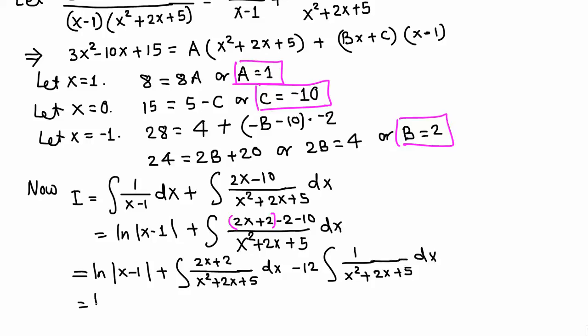Okay, and this is natural log of absolute x minus 1 plus, the top is derivative of bottom, so this integral is natural log of bottom, x squared plus 2x plus 5 minus 12. This does not factor, so to find the integral we need to complete the square, and as we know, x squared plus 2x plus 5